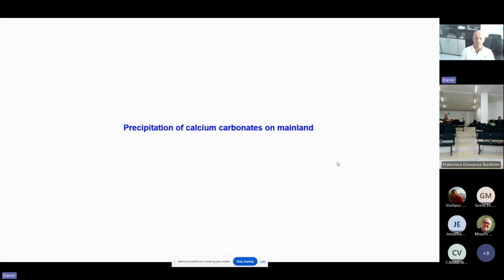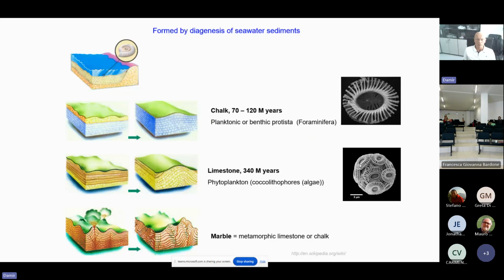Okay, thank you. So now I will not spend too much of your time. This is the last model I would like to show you. This model is related to environmental application of crystallization investigation, related to the environment and precipitation of calcium carbonate on the mainland. So just to remind you, we talked about